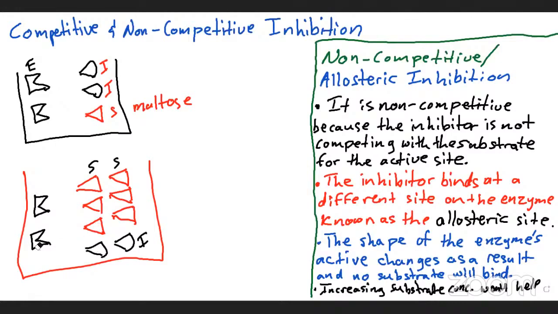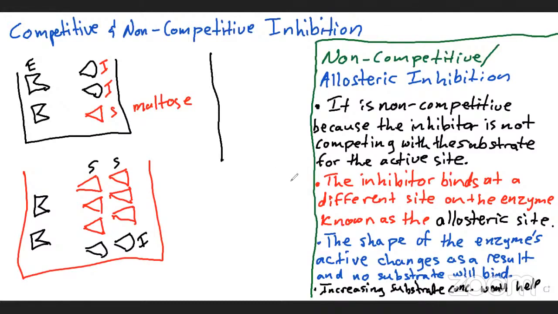And for that reason also, it is not changing the shape of the enzyme. For competitive, it does not affect the shape of your enzyme. You can counteract it by increasing the concentration of the substrate. That's for competitive. For non-competitive now, which is allosteric,